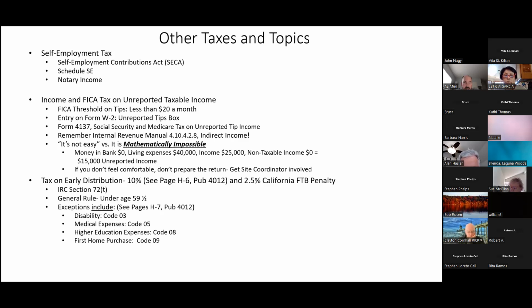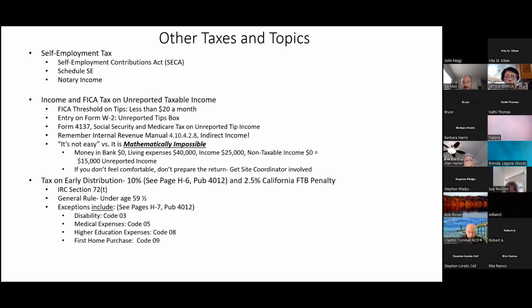Okay, so enough about that. Tax and early distribution. This happens all the time. This may not be the most ideal thing for a taxpayer, but at the end of the day, people either want to take an early distribution, or in some cases they have to. The money's there and maybe they need the money. Here's the general rule, and you'll hear me talk about this all the time. For example, with W-2 wages, the general rule is you report them on your tax return. There are exceptions to that. In some cases, individuals who receive W-2 wages do not report any of those wages on their tax return. So again, you have to look for exceptions, but we typically stick with the general rule.